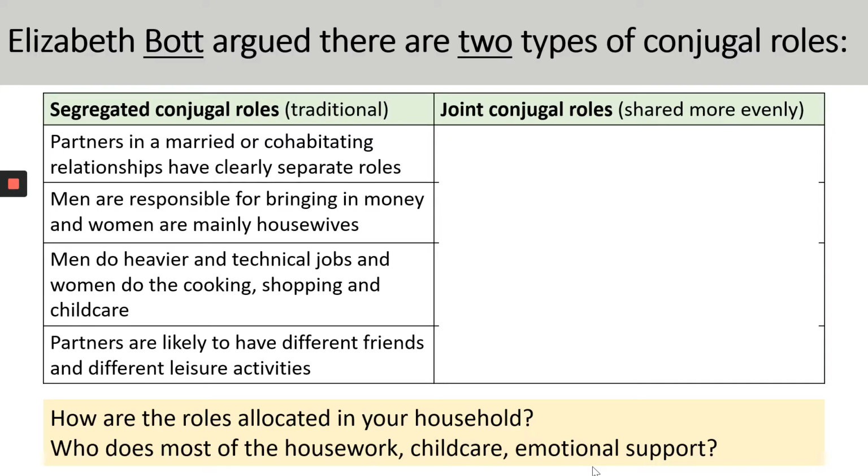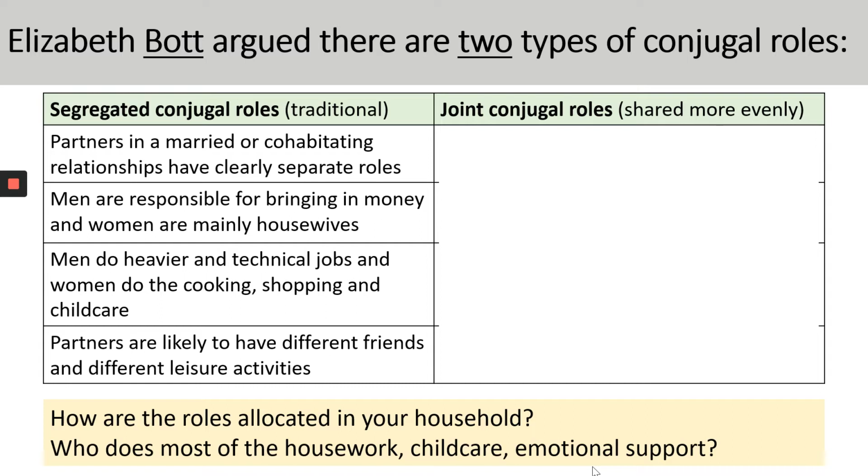Okay, so there are two types of conjugal roles. So Bott is the name of the sociologist. Remember, you only have to know the surnames of the sociologists, so you don't need her first name. Bott argued there are two types of conjugal roles. You've got segregated conjugal roles, which tends to be more traditional, and joint conjugal roles, which is where roles are